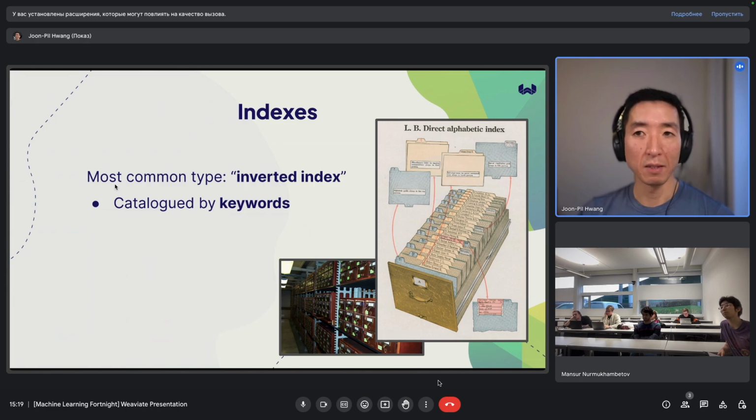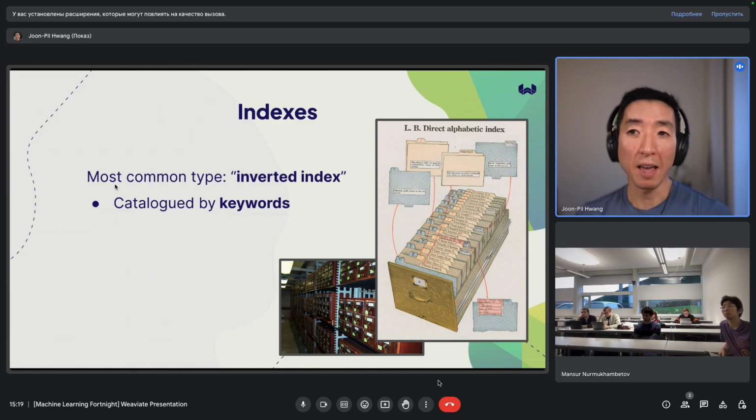In a database, like a relational database, the most common type of this traditionally has been what's called an inverted index. And what that means is that it is cataloged by keywords, and I'm simplifying a little bit by saying keywords because it could be bigrams, it could be tokens or what have you, right? It can be part of a word.